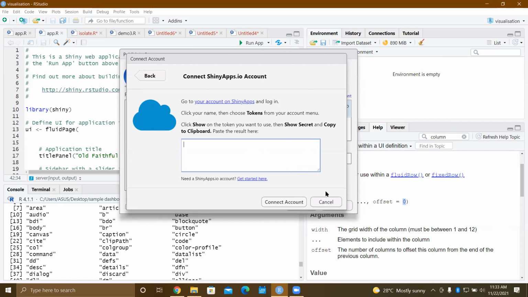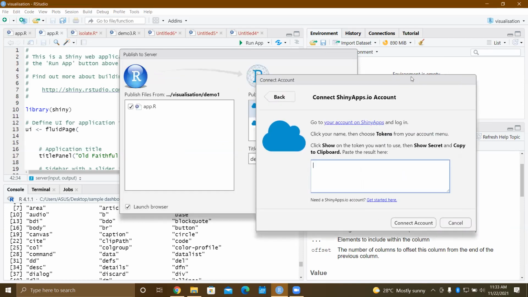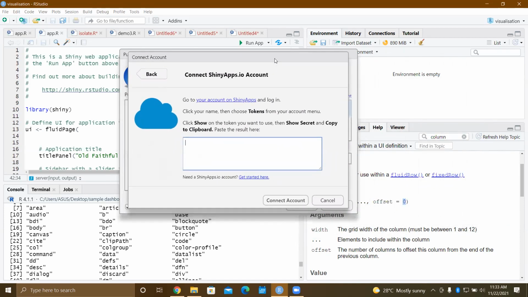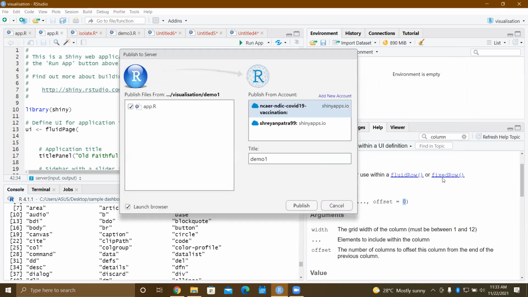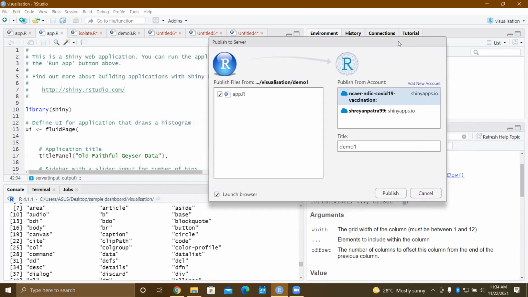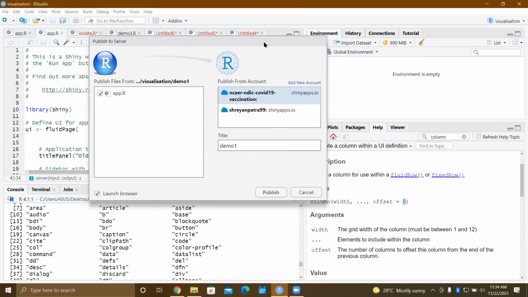Are you stuck anywhere? Do I need to repeat any step? Aman is saying okay. Neha is yes. Okay, pasted it. Then you can just go ahead with the connect account. I think something like this is coming, right?